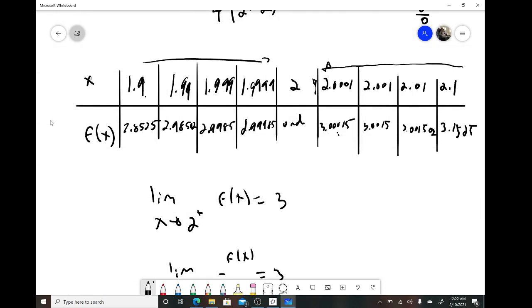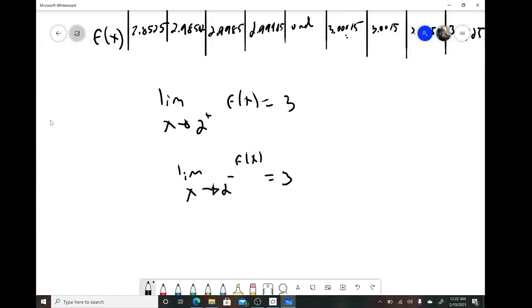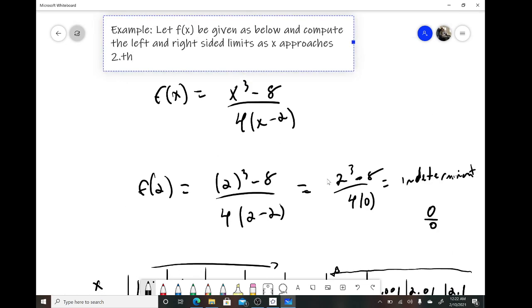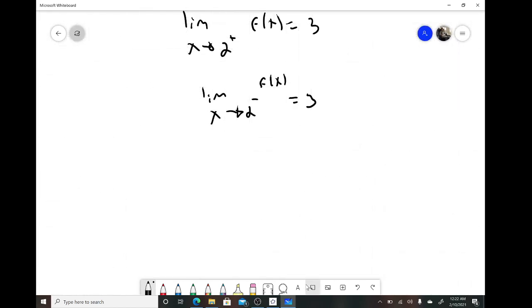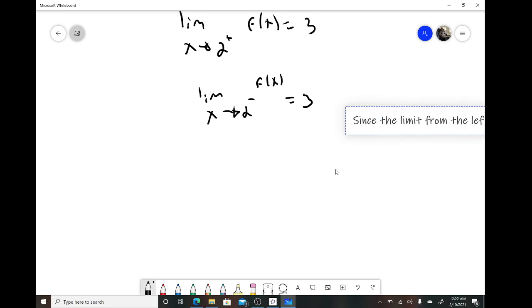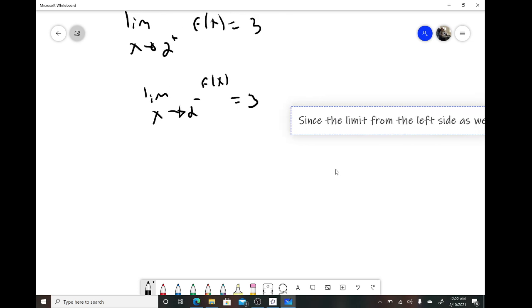So we have that the limit is actually 3. So let me write this down, since the limit from the left side as we approach